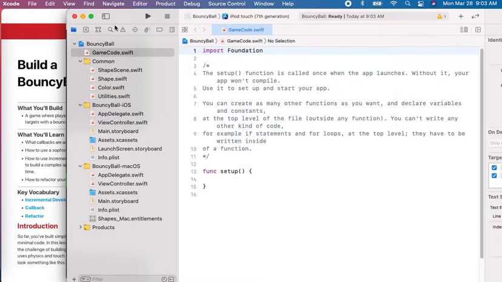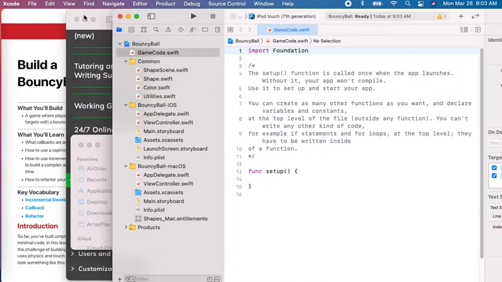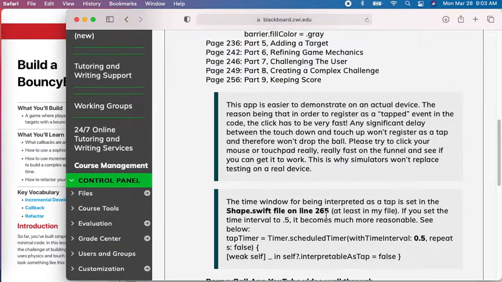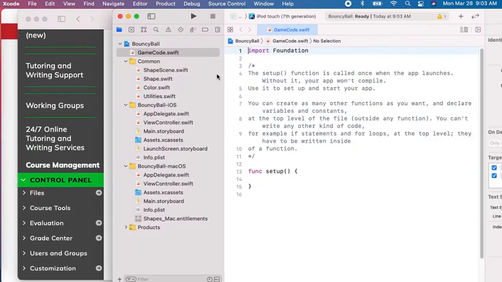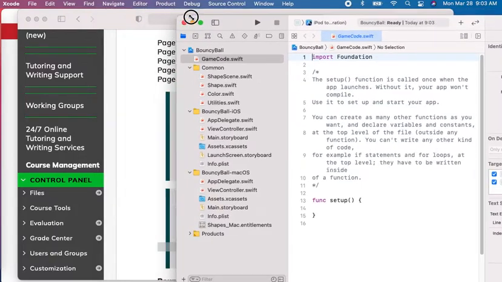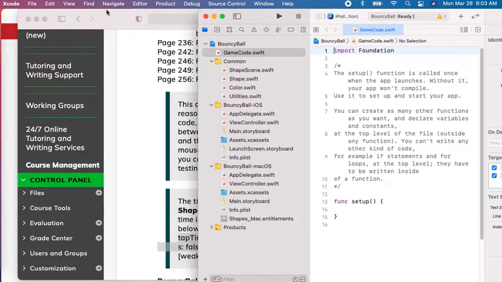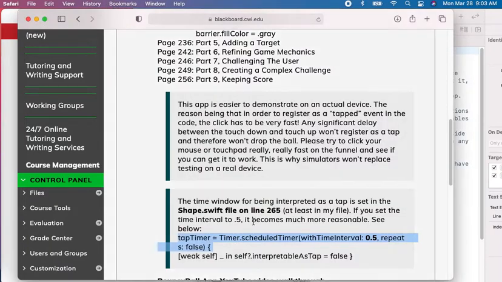Now the instructions on Blackboard told us to go to line 265 and to set the time interval to 0.5. And here is the line of code that we will change. The line of code is showing just in case it doesn't show up at exactly line 265 on your copy of Xcode. So again, we go to the